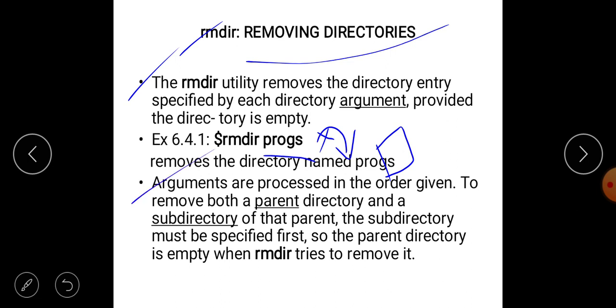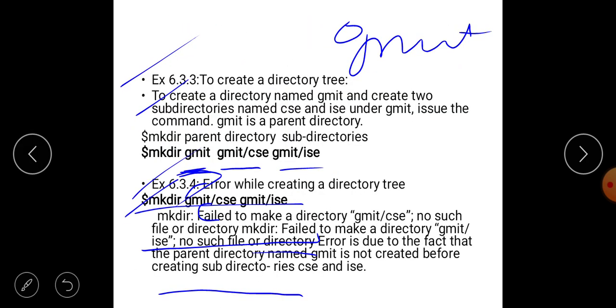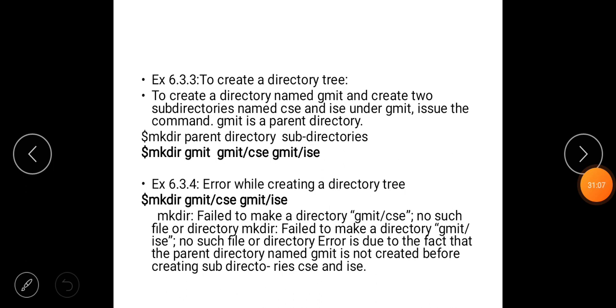Okay, next, arguments are processed in the order given, which means the arguments should be in some order. What is the order, we will see now. To remove both the parent directory and the subdirectories of the parent, the subdirectories must be specified first. See here, while creating the directories, observe here, we are giving mkdir gmit.